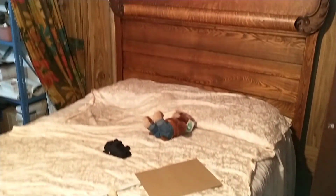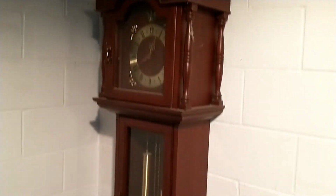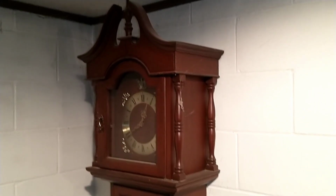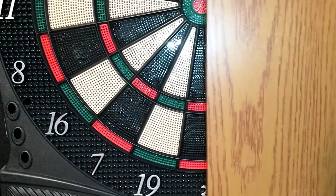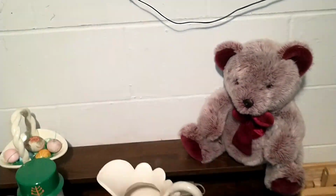Old bed. Then, of course, I believe I filmed this grandfather clock before. I'm not sure how much it's worth. Maybe if you get that fixed up, it could probably sell for a good chunk. Looks like they had a dartboard. I don't even remember them getting one down here, honestly, but apparently they did. And that probably wouldn't sell for too much, but...